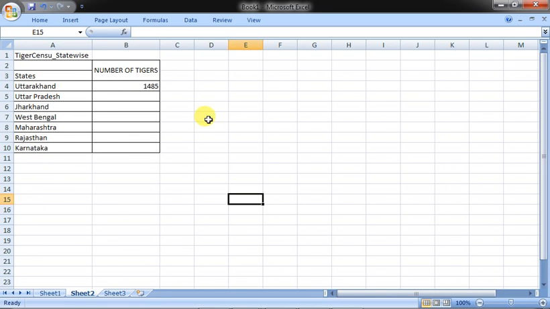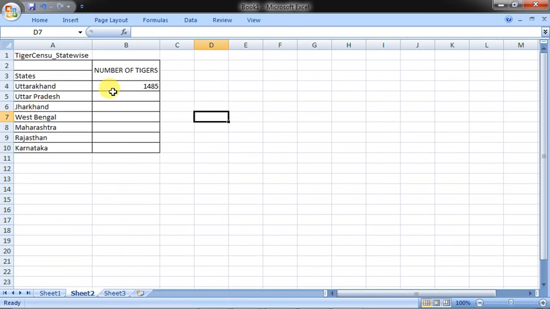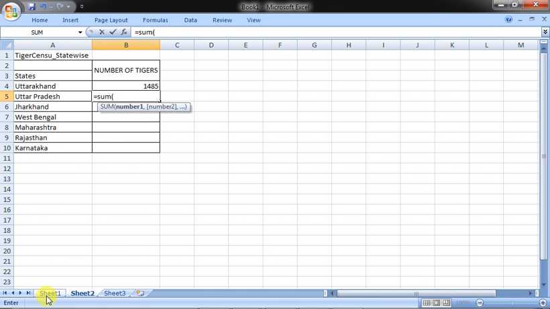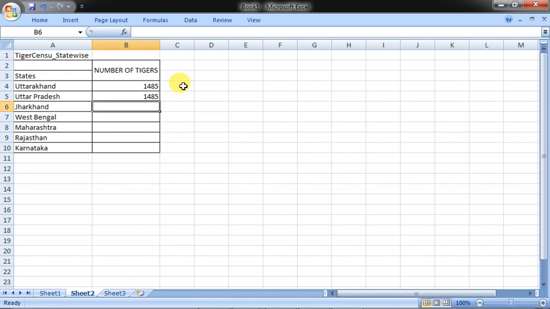Normal view, all right. So that is the thing. Now you can do one thing: this is Sheet 1, and Sheet 2 views are also there. So what could you do here? You go to Sheet 2 and type equals to SUM, and then Sheet 1 is here, so 456, 340. You give a comma, and then also this one, comma, and then also this one, all right, enter. So it will come over here like this.